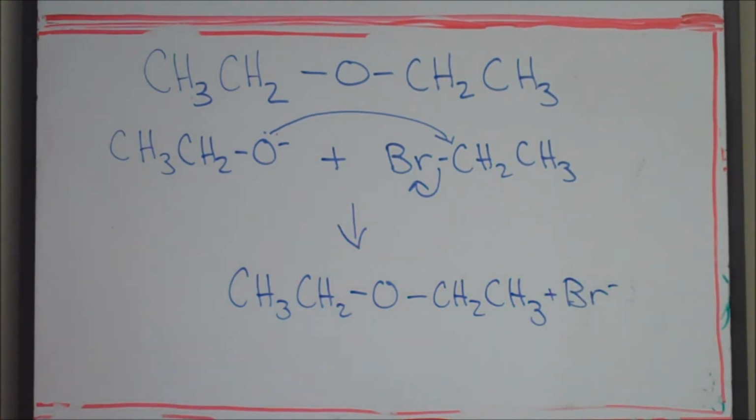An important thing to note about the Williamson ether synthesis is that since it's an SN2 reaction, your alkyl halide must be a methyl or primary group, such as the one here. Knowing that your alkyl halide must be a methyl or primary group, you should be able to determine, given an ether formed by the Williamson ether synthesis, what your two reactants were. For example,